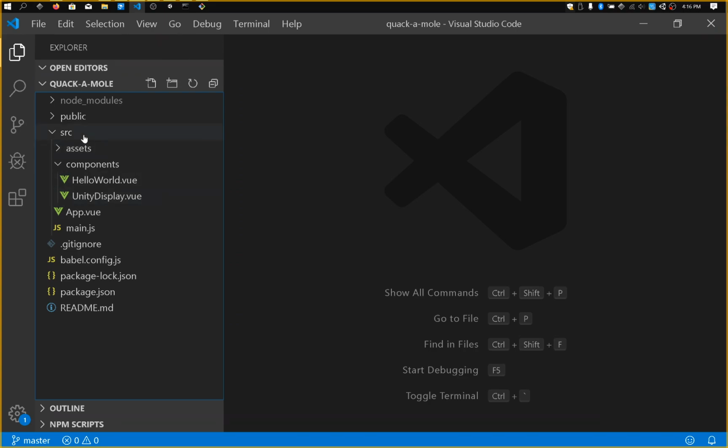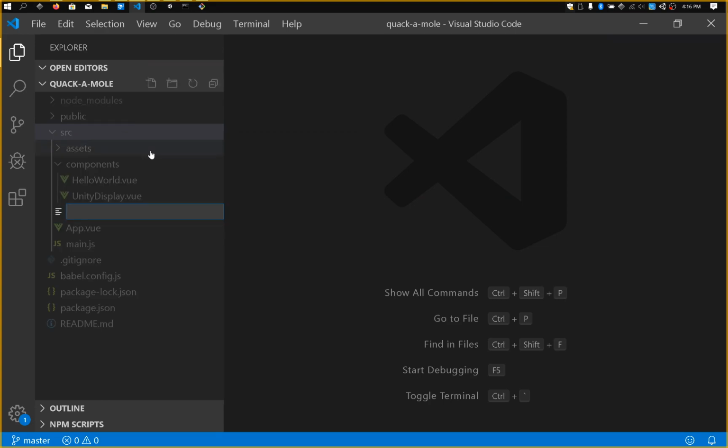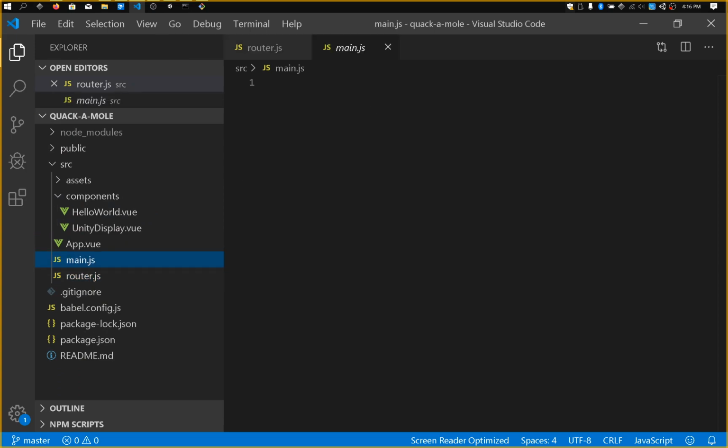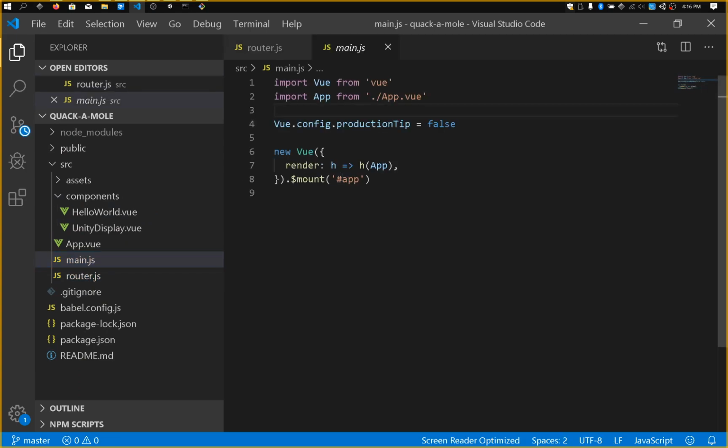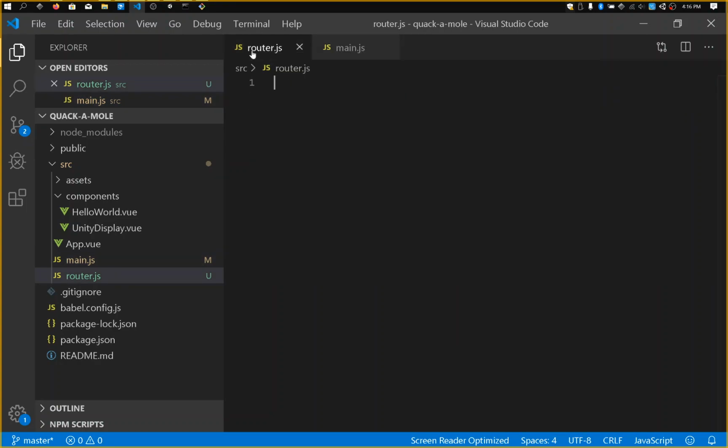What I'm going to do is start by creating a file and call this router.js. In our main, you're going to import it. So what we're going to do is move all of our router code over to router.js. So that includes things like